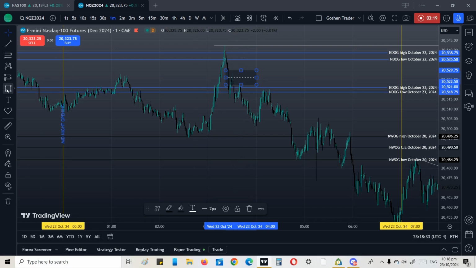You could even use an entry here. You could even wait for this structure to break here and actually enter here on this imbalance where these two candles do not meet. The close and the opening are not meeting. So you could actually enter here or you could enter on this fair value gap. This would be an excellent entry. And as you can see, the market actually came back up, with a little bit of a drawdown, but it stays below the new day opening gap